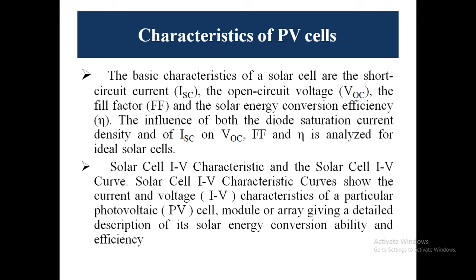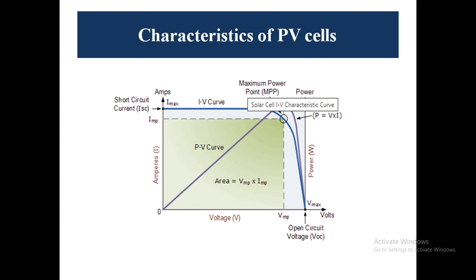Now these were the types, the materials, how they are made, and what their limitations are. Based upon this, we can choose the type of photovoltaic cell. Now we come to the characteristics. These are the IV characteristics of a photovoltaic cell, where we can see current plotted against voltage. We have many parameters here.